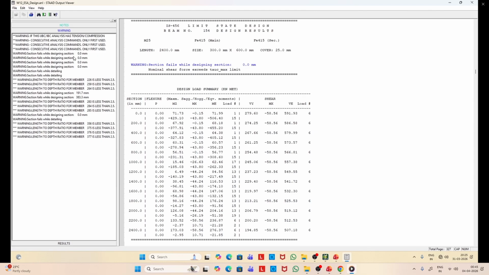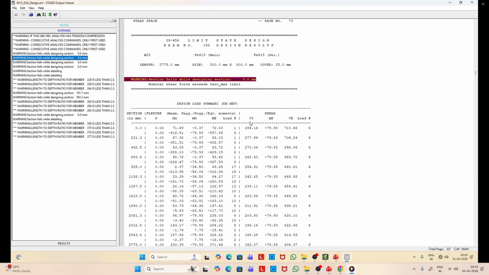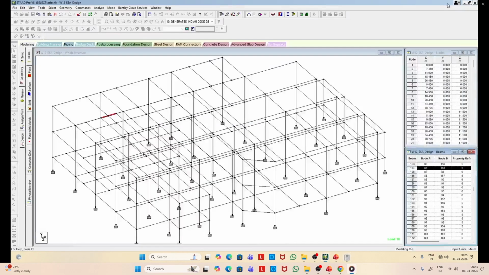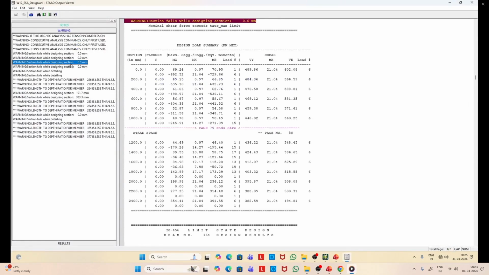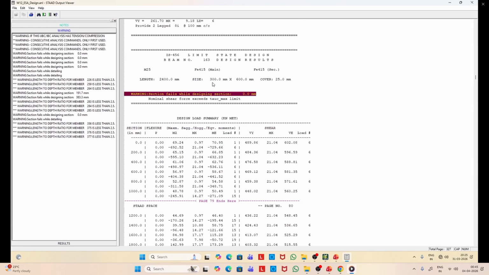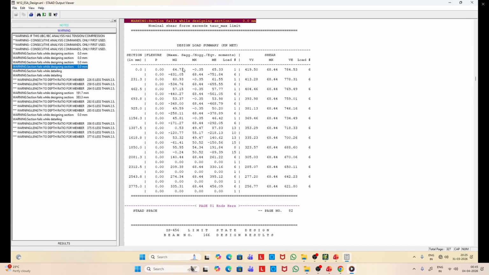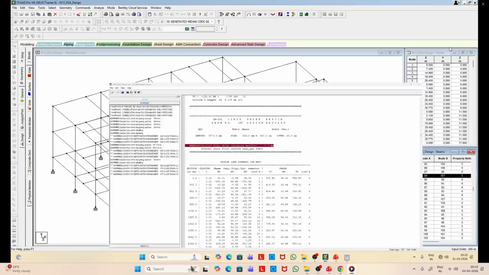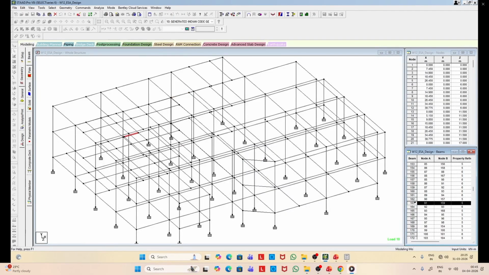Likewise, the next one, this is 156. So we can identify 156. So the beam is there. Others are, as you can see, 163 and 165. So let us identify those two members. Here are the members that have failed.